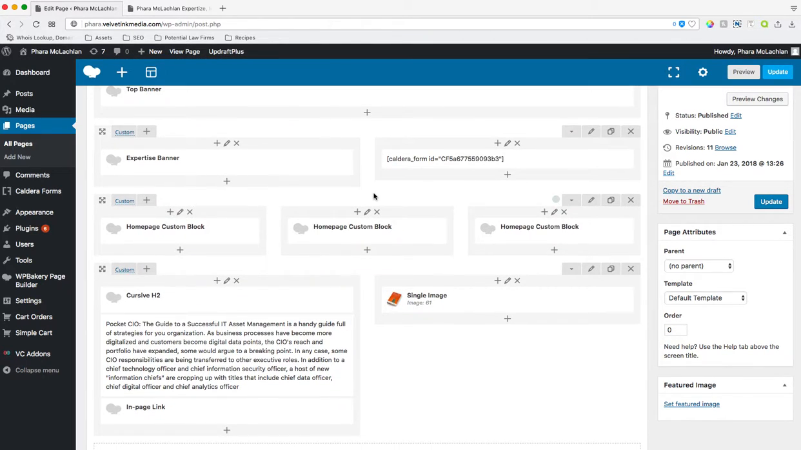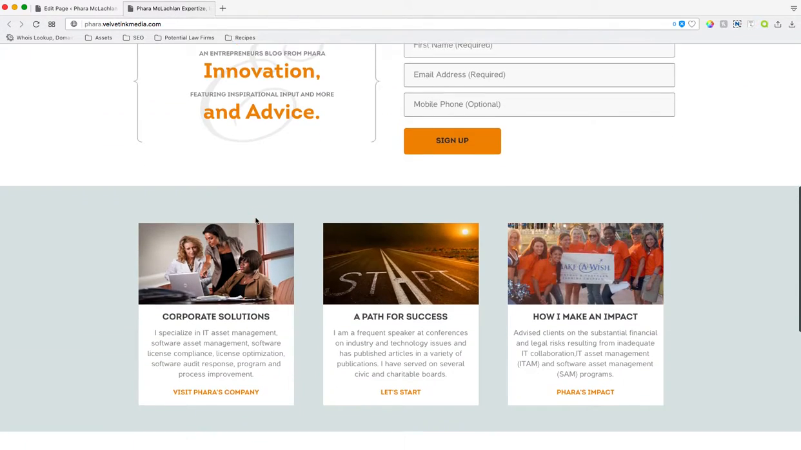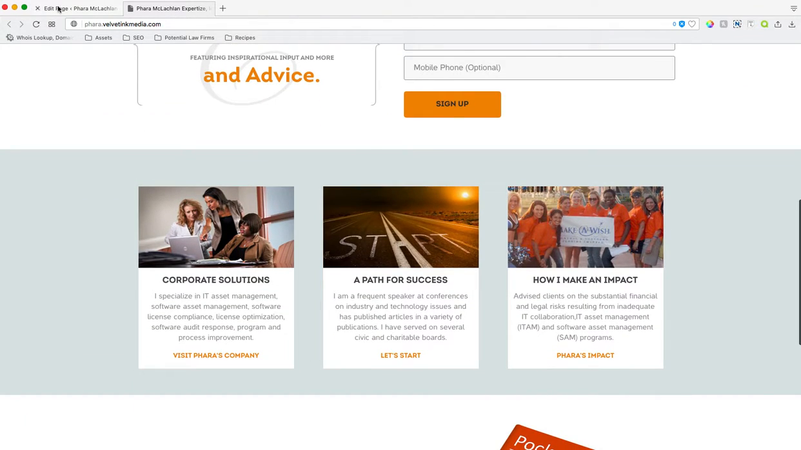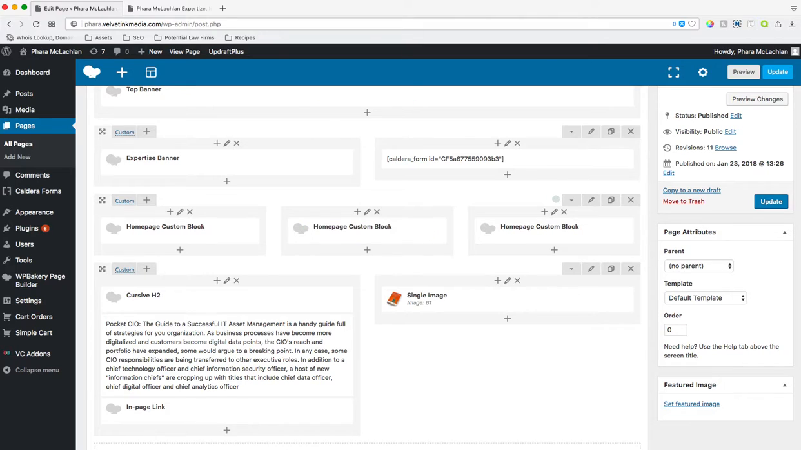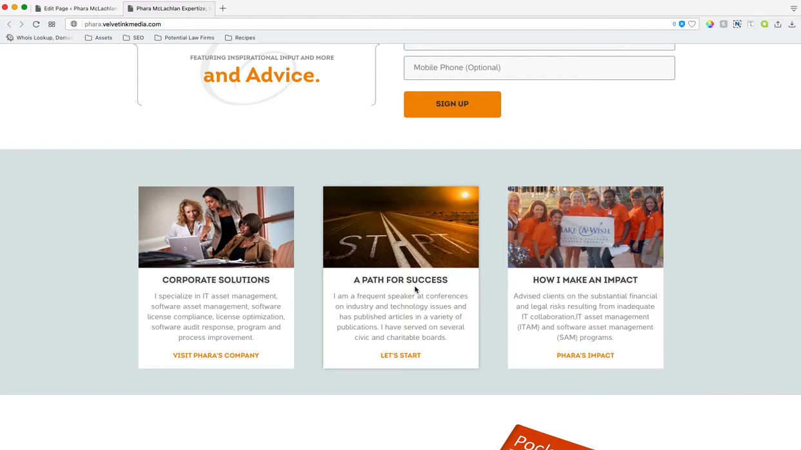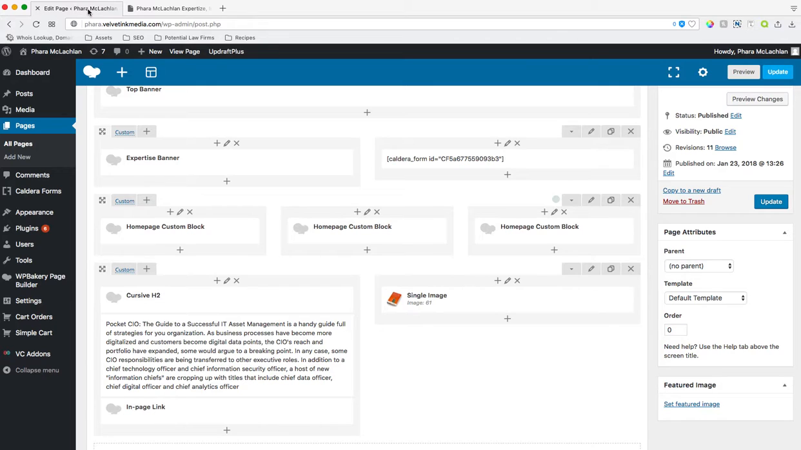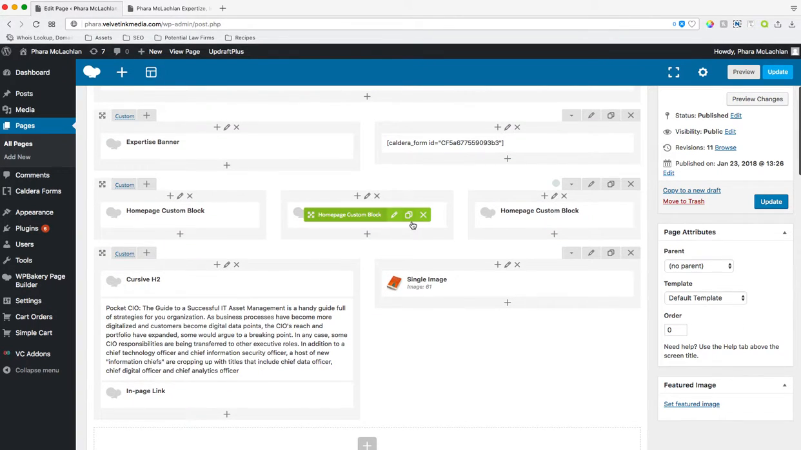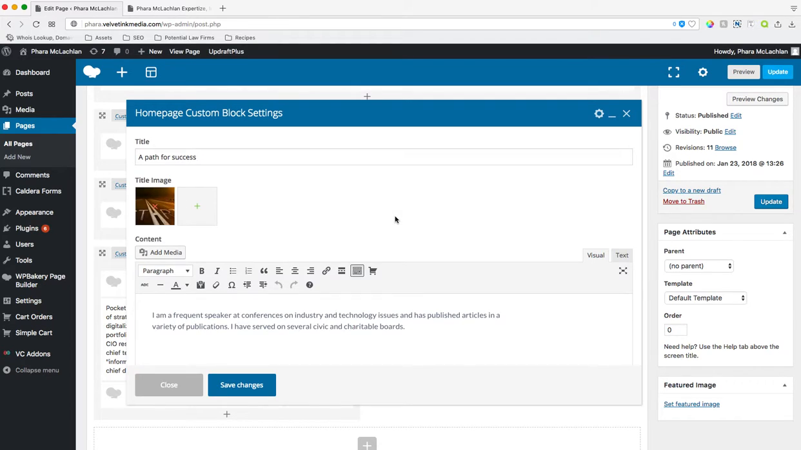For the most part, that right there covers how everything works in the back of WordPress. It's really, really easy, and I'll show you that. Same thing for what we call the homepage custom block, which are these boxes right here. So let's say I want to change the path for success one. I'm not happy with it, or whatever. I come back in here, I roll over it, I get the little pencil, click it, and then I'll see